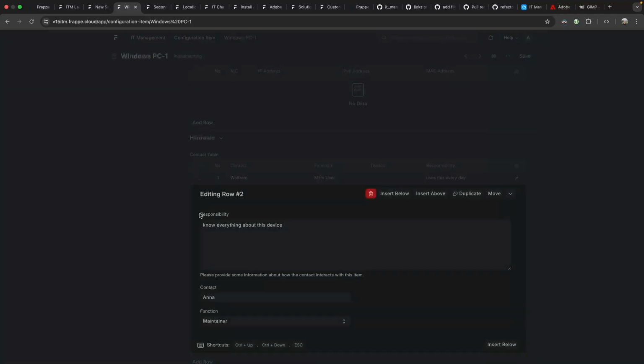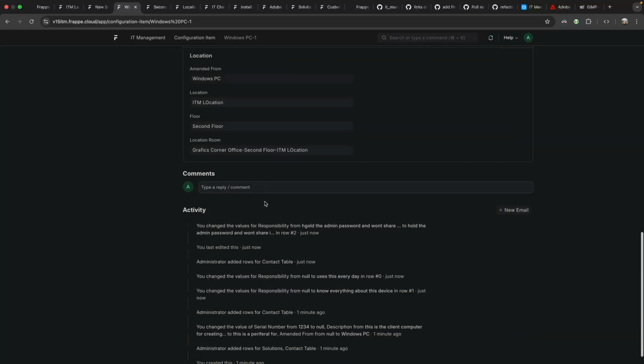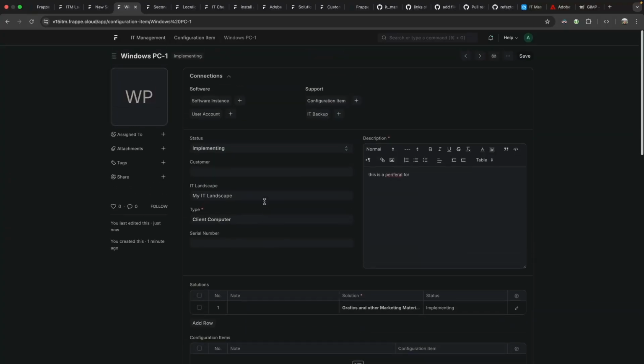Because I don't know, it could also be something like, maintainer holds the admin password and won't share it. Yeah, it could be something like this. Also very valuable information, and then you might know how to deal with this person, or that this person needs to come by and actually do it in person. Whatever it is, we've seen a lot of scenarios, and this is why a lot of scenarios can be